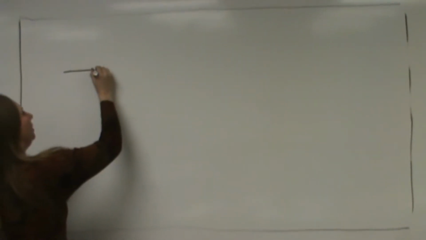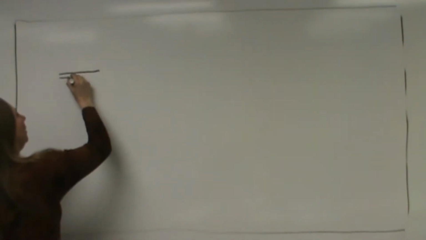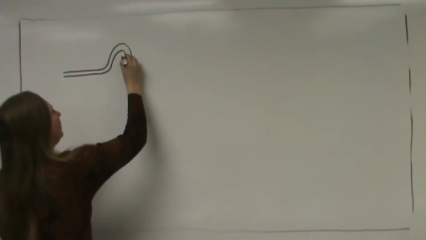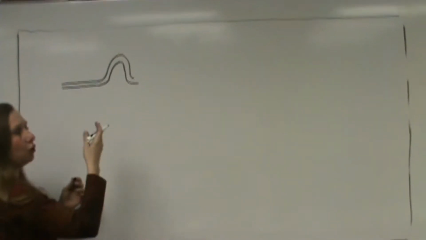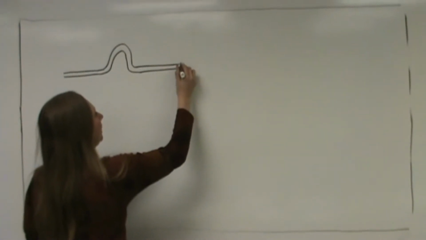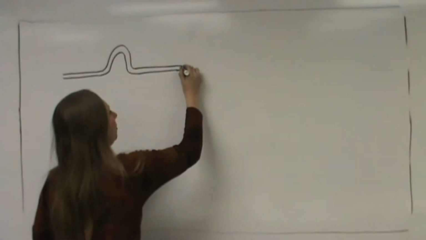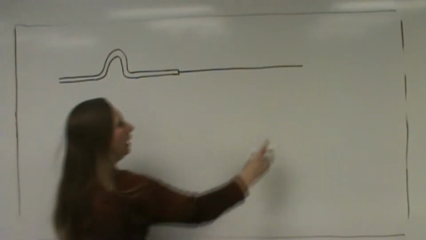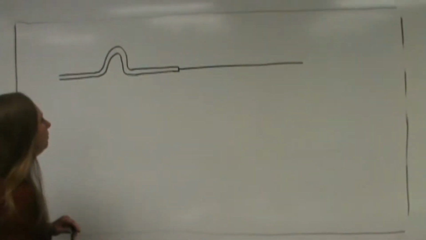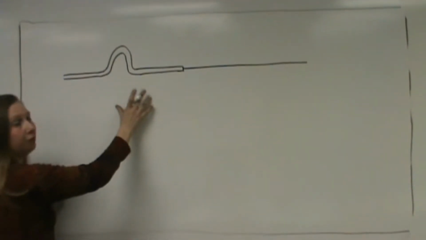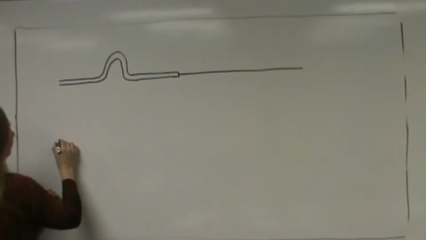If we have a very thick piece of string, let's call it rope, and we send a pulse down that very thick piece of rope, and we attach that very thick piece of rope to a much thinner piece of rope at the opposite end, I'm sending this pulse down this thick piece of rope, and what will happen